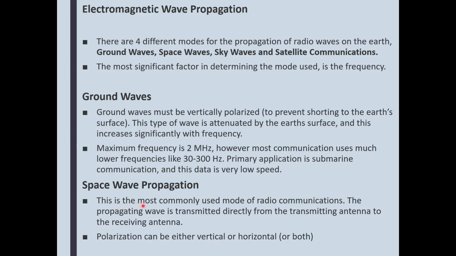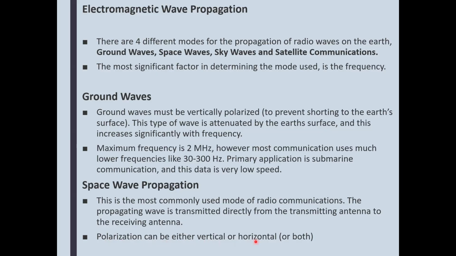All right, space wave propagation. This is the most commonly used mode of radio communications. The propagating wave is transmitted directly from the transmitting antenna to the receiving antenna. Now, as far as polarization, the transmitting antenna and the receiving antenna have to be synchronized as far as positioning. But the polarization can be either vertical or horizontal,